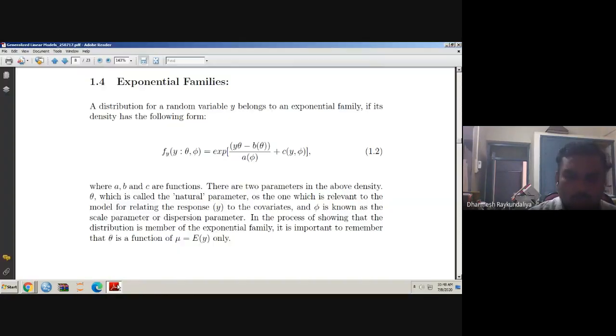So yesterday we talked about the three steps of fitting generalized linear models on the line of Box and Jenkins. First step is the selection of the model. Second one is the estimation of the model, and third one is the prediction. Then we discussed the definition of exponential family of distribution